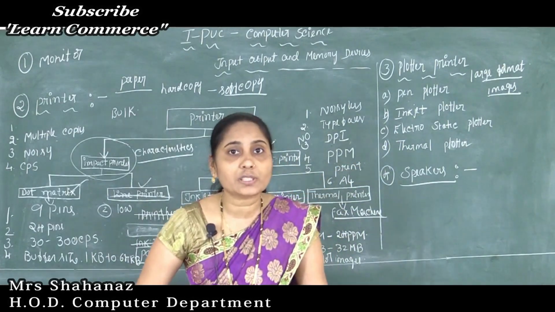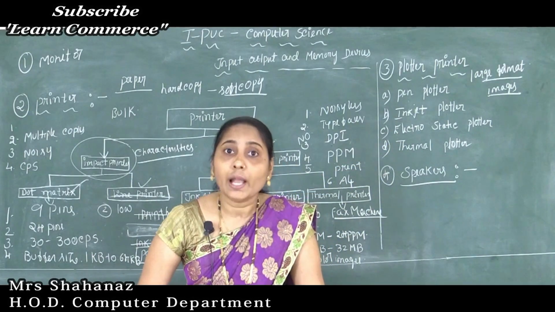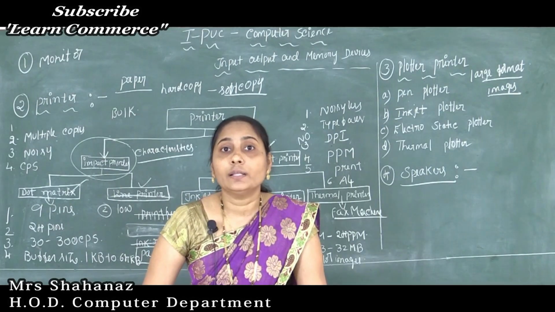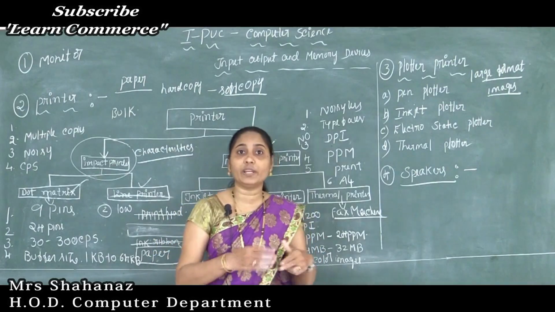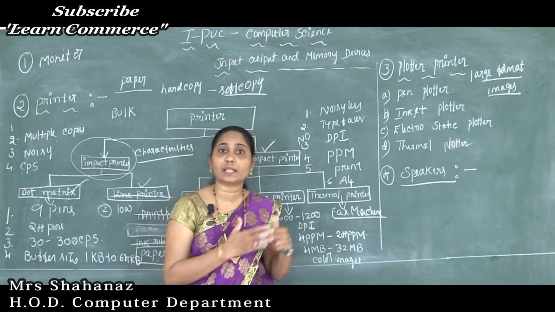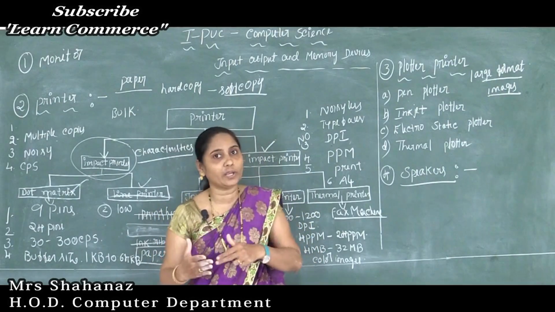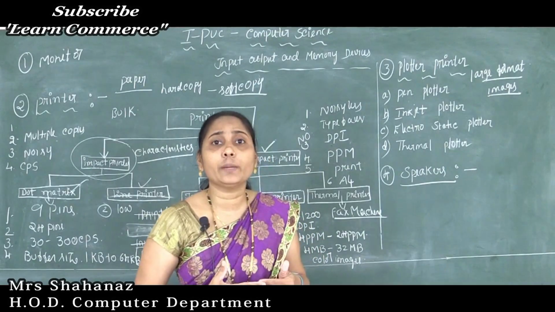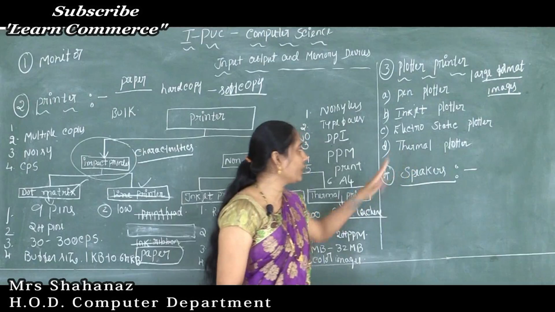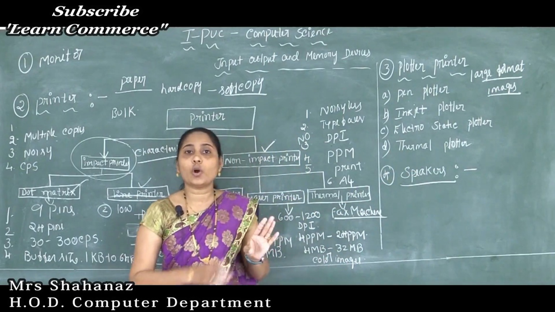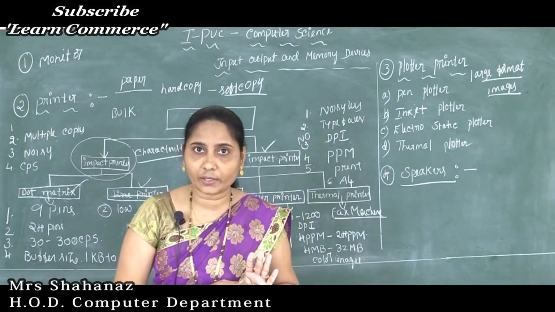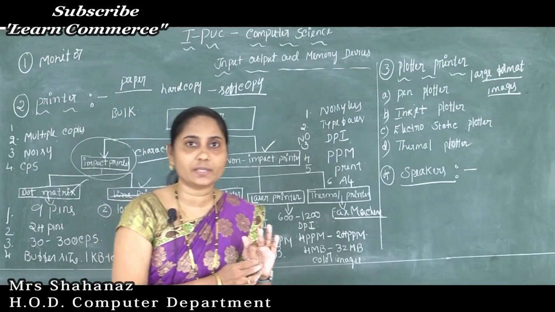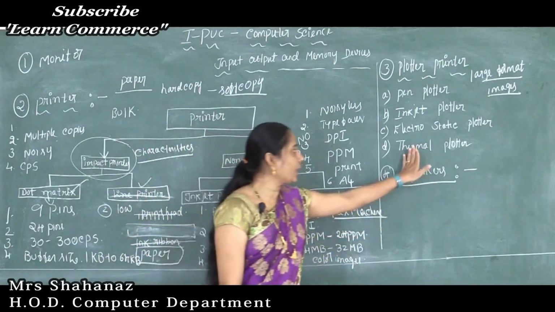So electrostatic plotters are very expensive, and also we need to make regular checks, that means from time to time we need to check such a plotter whether it is correct, whether it is going to work properly or not here. So it requires regular maintenance. And later next one is the thermal plotter. They are very fast, correct no here? And also we need to use special kind of papers here. So this is about our thermal plotter.